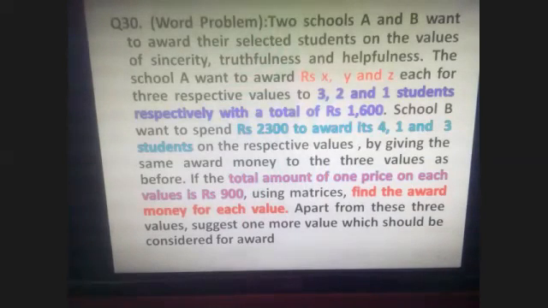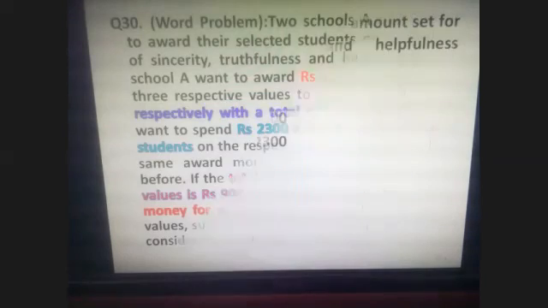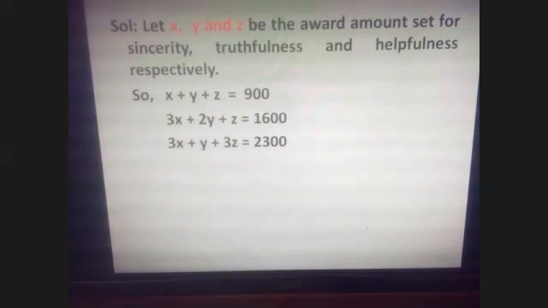So the equations, 3 equations we have, that is, let x, y, z be the award amount for each of sincerity, truthfulness, and helpfulness respectively. Then we have the equation x plus y plus z equal to 900, 3x plus 2y plus z equal to 1600, and lastly 4x plus y